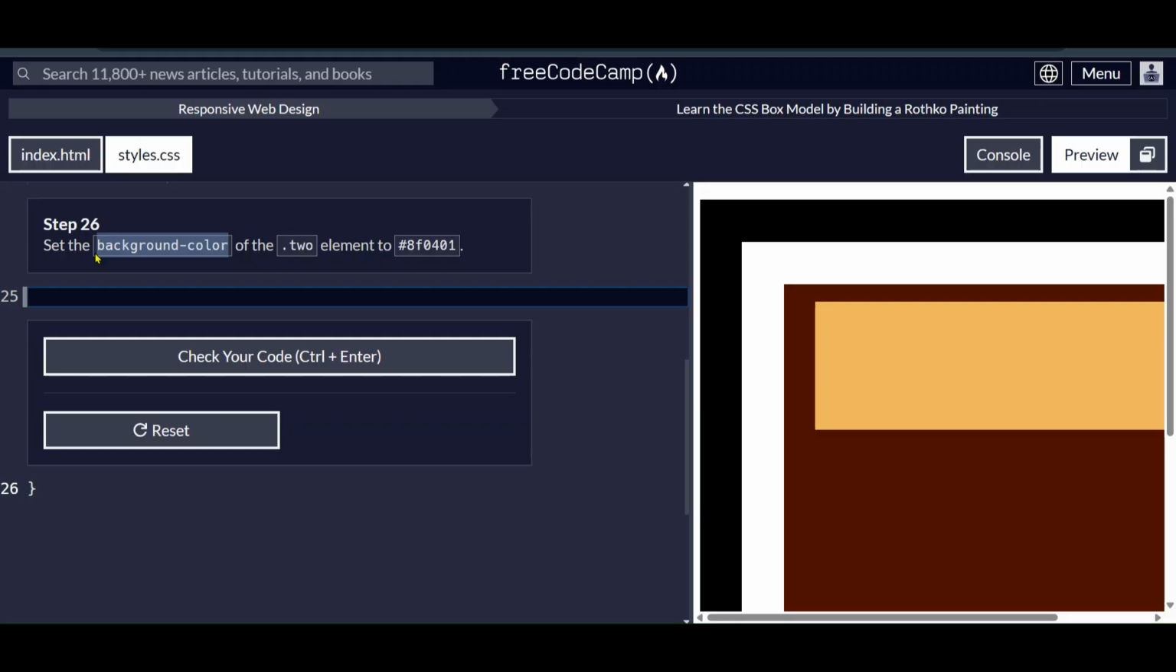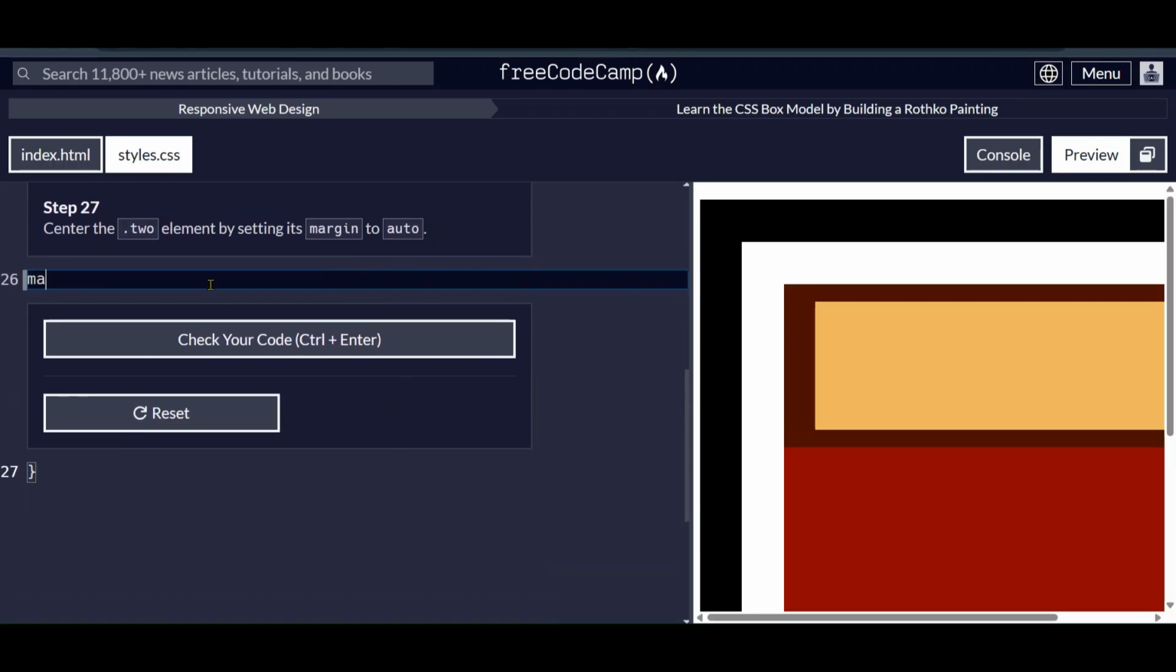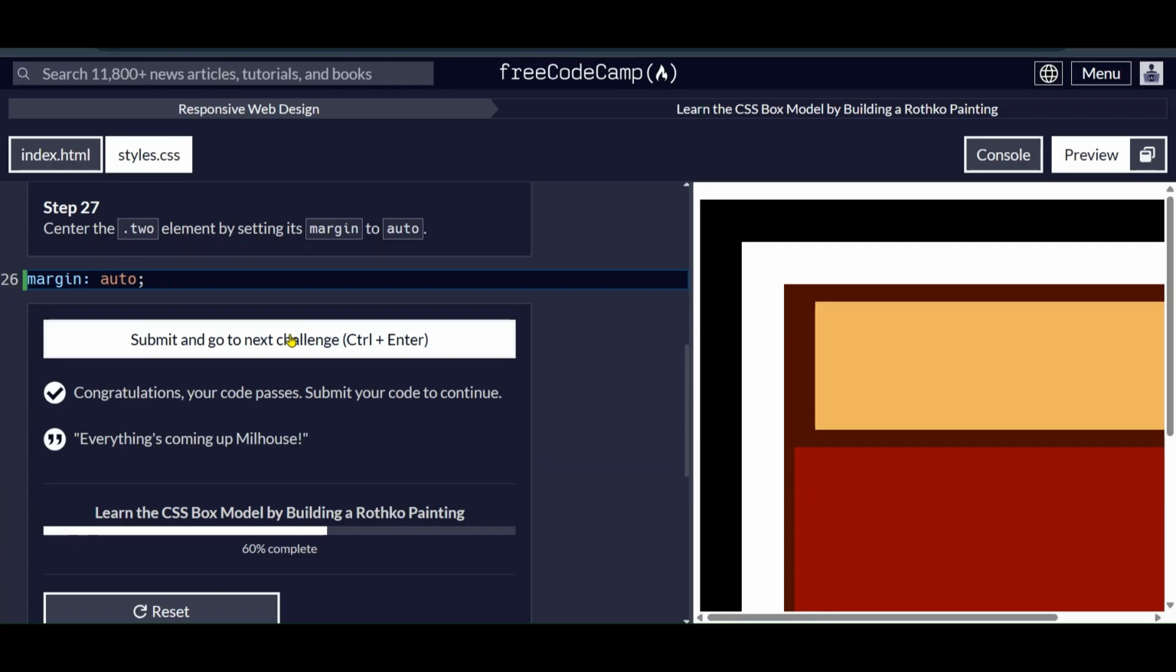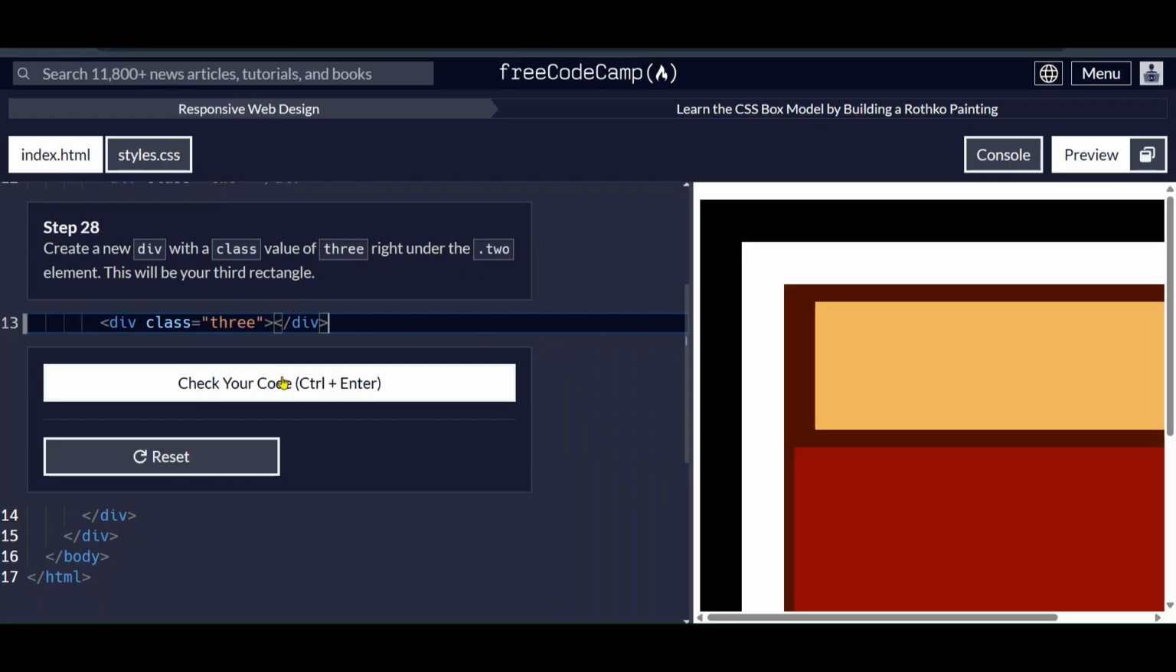Step 26. Set the background color of the second rectangle box to a somewhat red color. Step 27. Now let's set the margin of the second box to auto. Step 28. Let's create another rectangular box below the second one by adding another division element with the class set